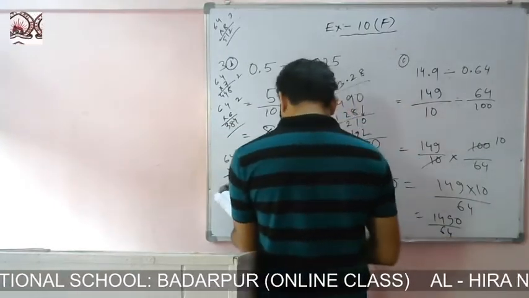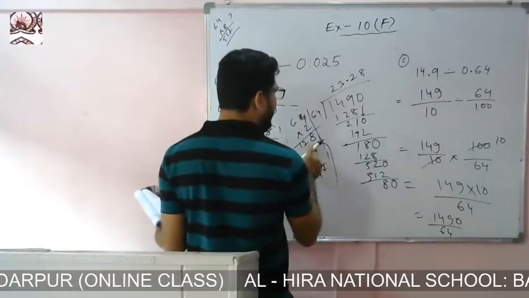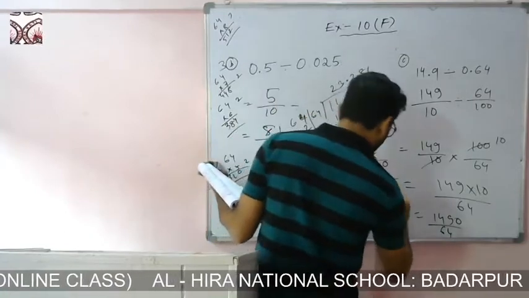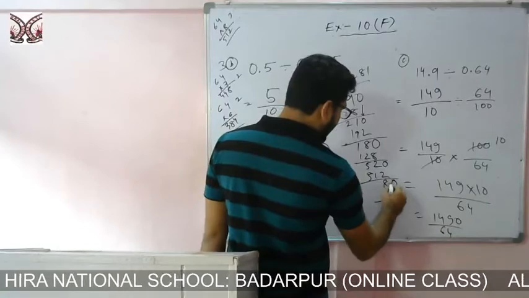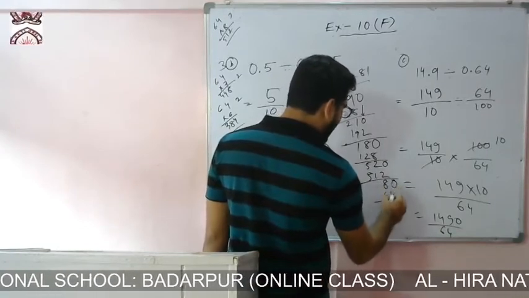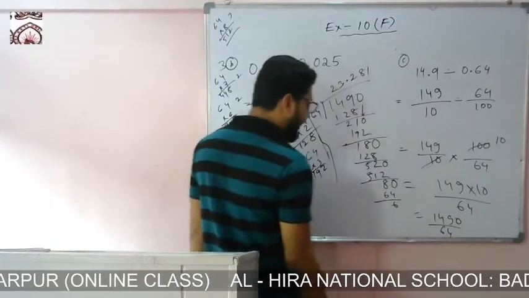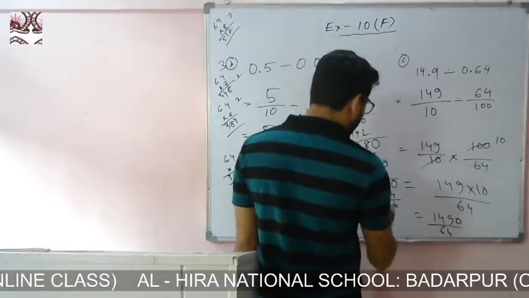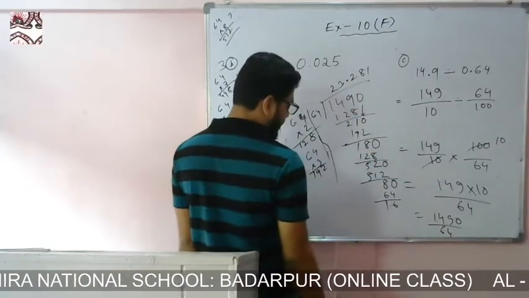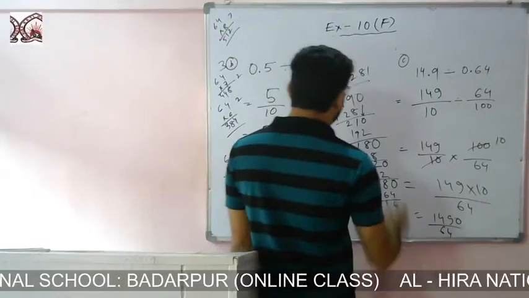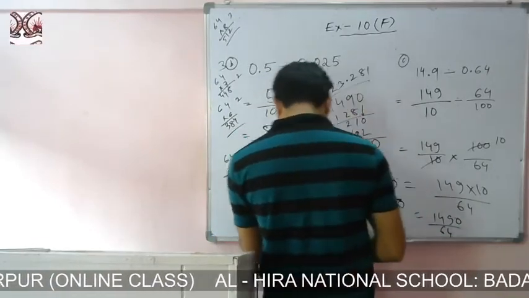0, 80. Okay, now 64 into 2 how much? 128. So 64 1s are 64. Okay, after that you again subtract, then we'll get 10 minus 4, what? 6. Okay, here remain what? 7, 7 minus 6 here 1, 16. So it is not possible, so point is there, we'll put again 0. Okay, we'll put again 0.